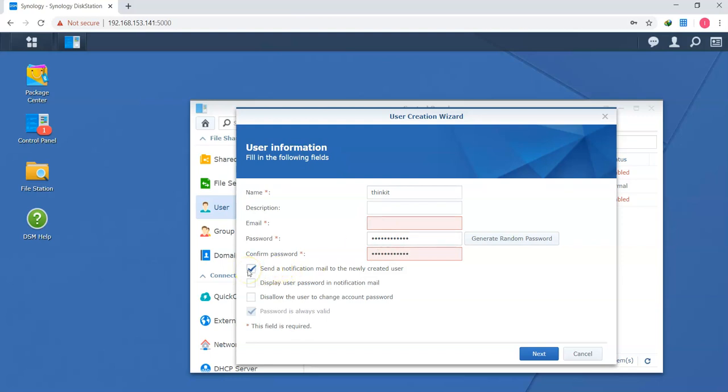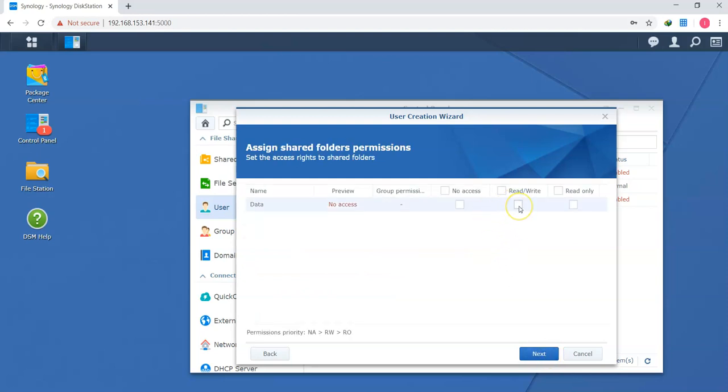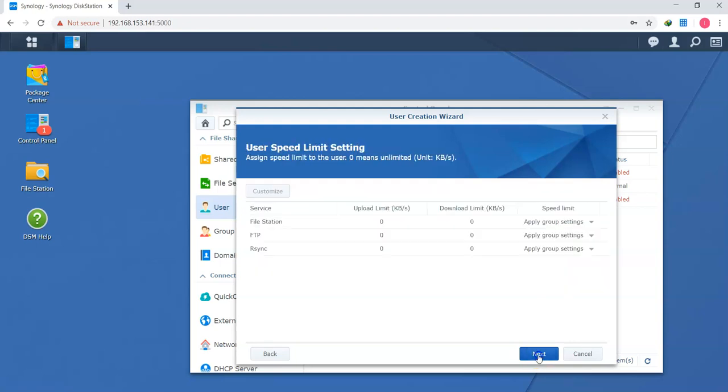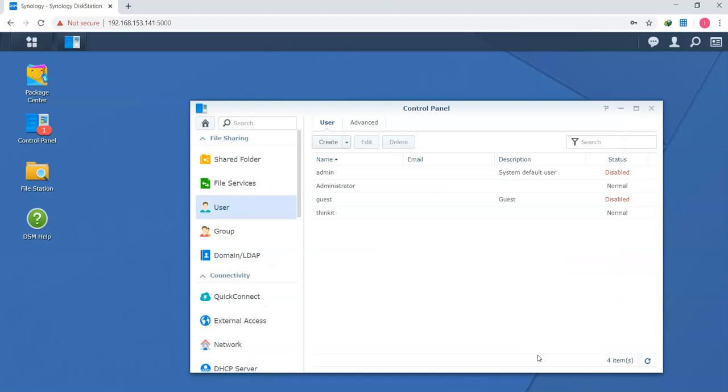If you have already created the notification, you can check this box, otherwise uncheck. Next, next, give read and write access. If you are not giving any access, the user will not be able to upload or download any file from the particular folder. Next, next, next, and apply. So now your user is created.